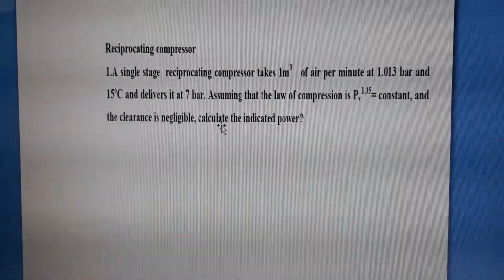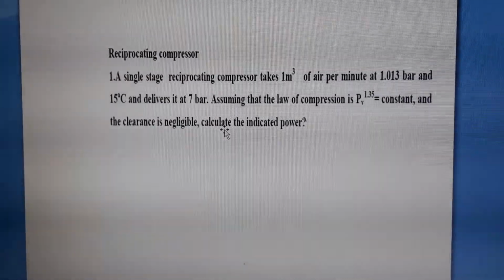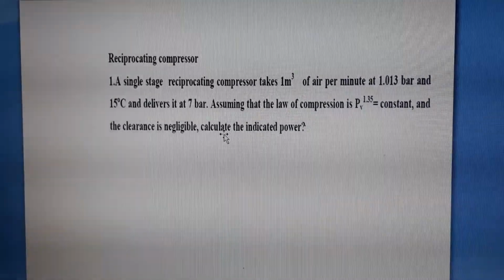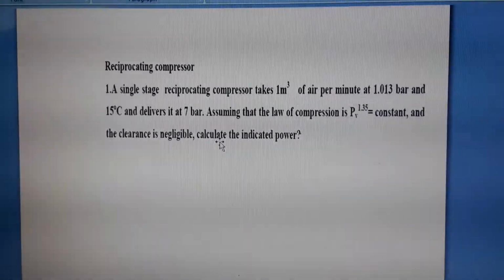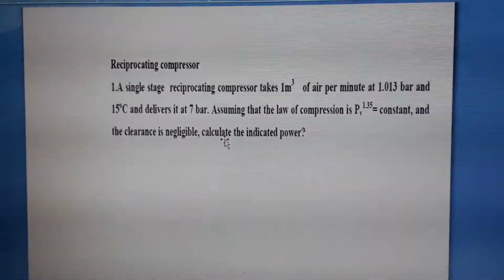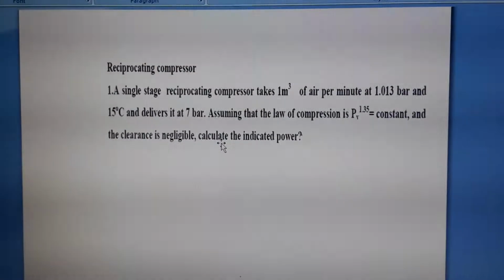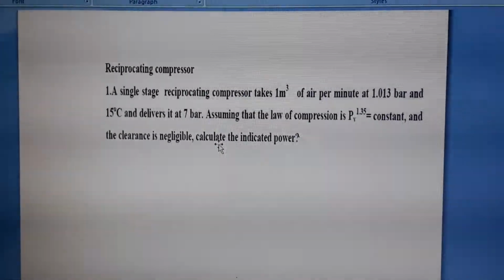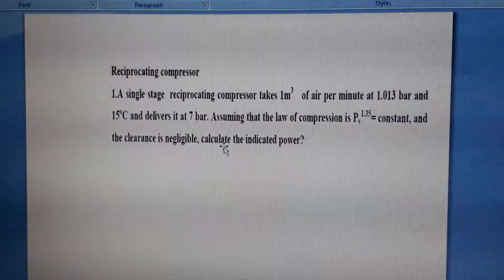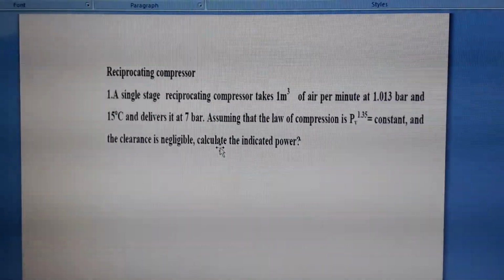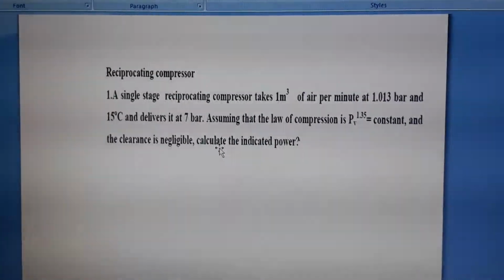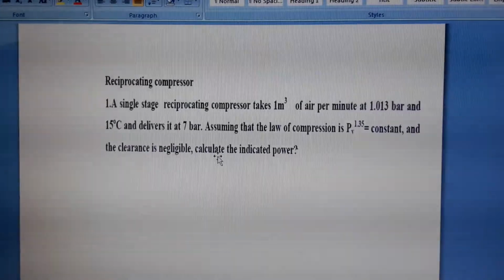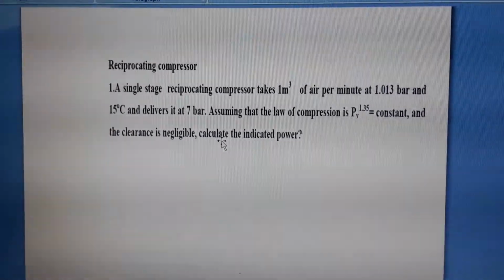After that, the next important equation is the power required for the single stage reciprocating compressor, that is without clearance. So that is one important equation. Again, we need the basic equation, that is relation between pressure ratio, volume ratio and temperature ratio. That is, if the process is 1 to 2, then relation between temperature ratio, volume ratio and pressure ratio for polytropic process is T2 by T1 is equal to P2 by P1 raised to N minus 1 by N is equal to V1 by V2 raised to N minus 1. So if the process is adiabatic, we have to replace this N by gamma.